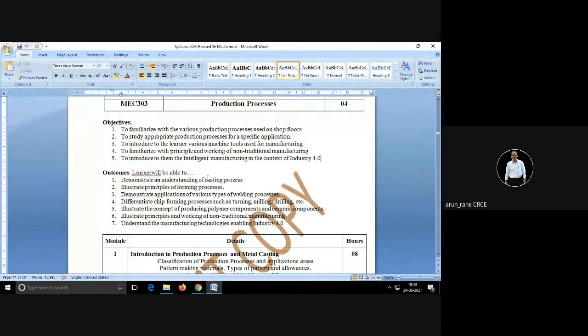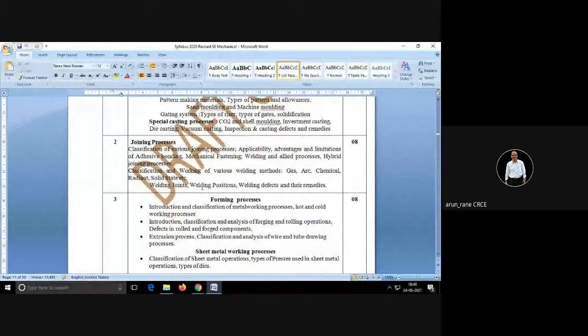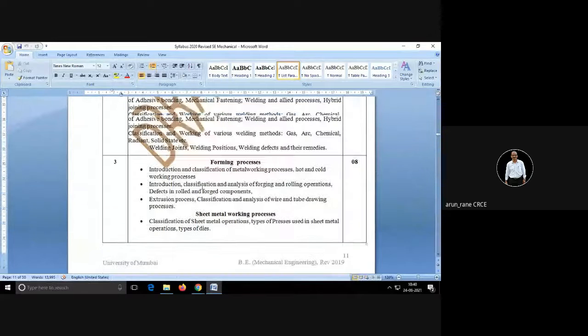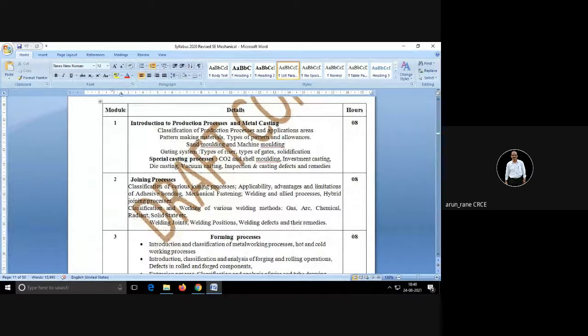The syllabus is so vast that I used to take this subject, whatever syllabus is there, in 4 semesters. So now we have to finish it in 1 semester only, and it is tremendous. So those who want to learn more and more, they can always interact with me. I will help them. But I also understand that our basic requirement is that we should pass and we should score. So we should focus on examination also